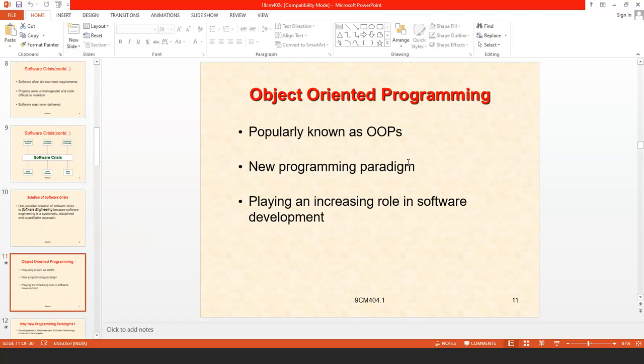And the next topic is object oriented programming. Here we are going to learn OOPS, object oriented programming system, through C++. Using the C++ programming language, we are going to learn OOPS. This is popularly known as OOPS, object oriented programming system, and this is the new programming paradigm